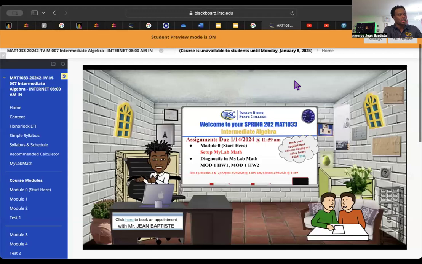That's the page you're going to see as soon as you log in, and then you click on your class ID, which is the same ID I showed you in the previous screen, and now you are in your class. This is where you're going to perform all your first tasks at the beginning.